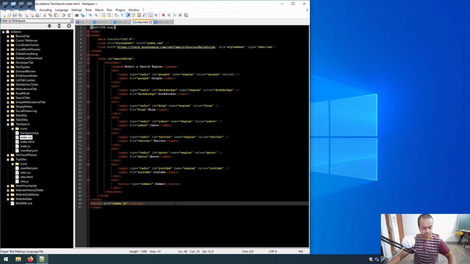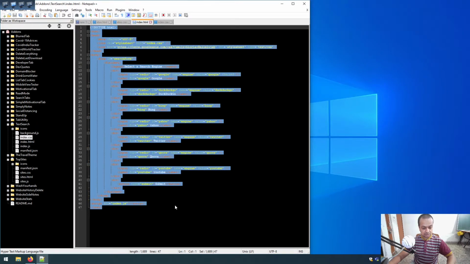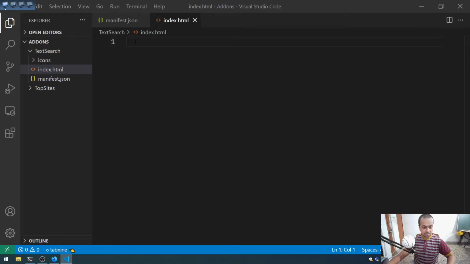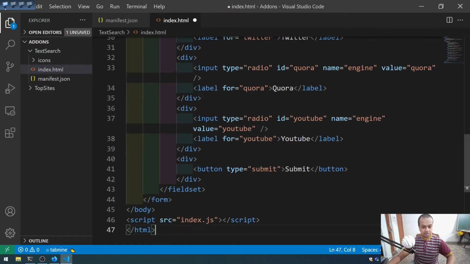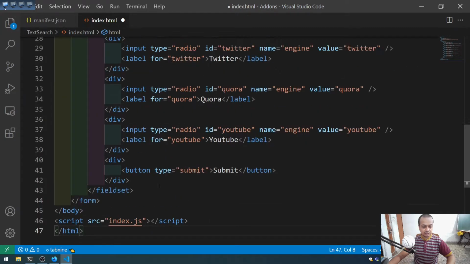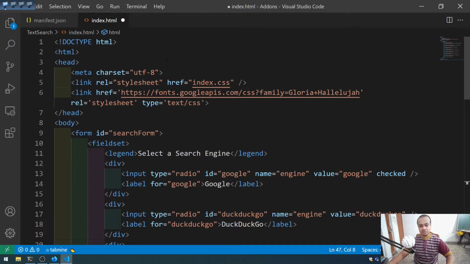Yeah, here it is. Okay, I don't know, sometimes something happens. Okay, this index.html, so let me explain it. Just the HTML head and all these things are there. There is index.css also there. We're using a Google font like this, and then there are some IDs, search form, select a search